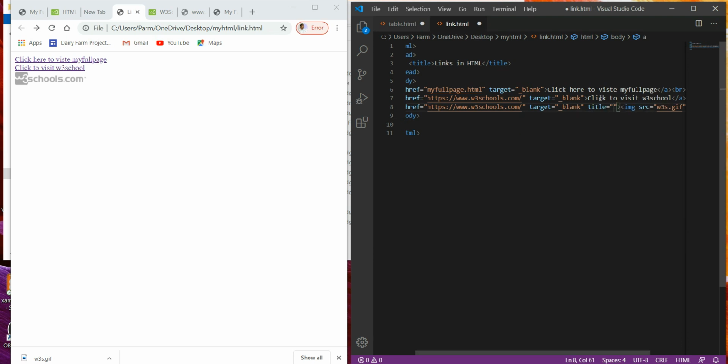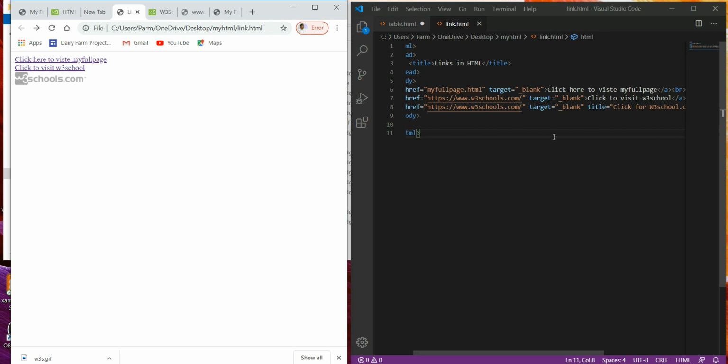Here we can specify the text: Click for w3schools.com. Now save this, refresh it. Now if we move our pointer to this location, we will see a text displayed over there as a tooltip, that is Click for w3schools.com, that we can achieve using the title attribute.